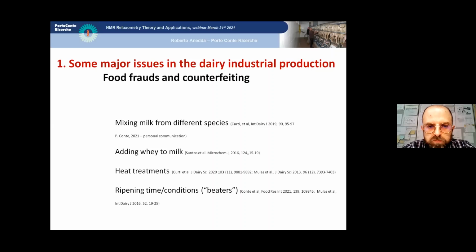This is done when milk is sold to the dairy industry, to get more money, or to increase also cheese yield, because if you add milk whey, you increase the cheese yield. And this is sometimes done by the manufacturer themselves. Controls are usually carried out on the basis of documents, but many times analytical controls